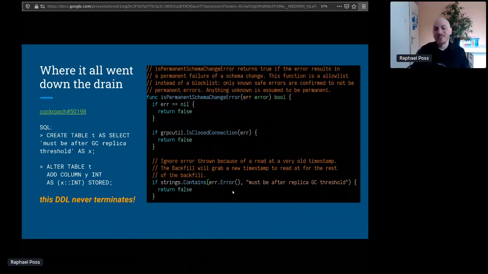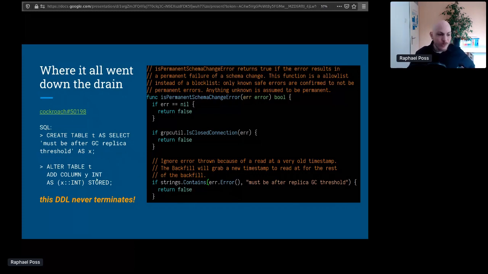The thing is that it doesn't work. It doesn't work in a way that is very good, because you can see here an example of plain valid SQL queries that a client app could send to the database that is especially crafted to contain a copy of that error message. And now look what's going on here. You have a table that just contains the text of this error message, and then a schema change statement is issued to the database that is asking to create a new column that is a result of converting that string to an integer. Now, converting a string that doesn't look like an integer to an integer is bound to fail and therefore generate an error, in particular a cast error.